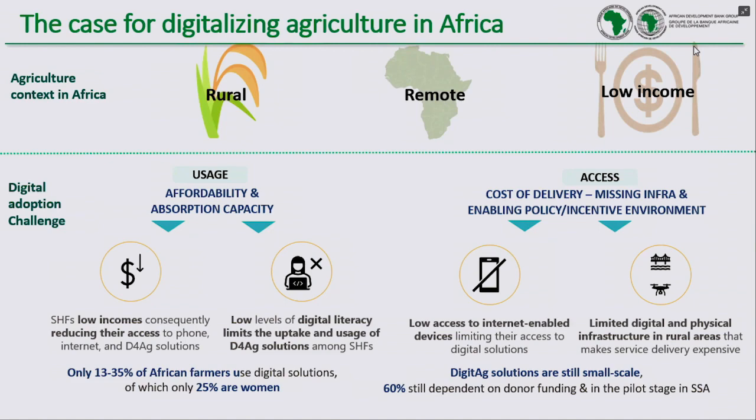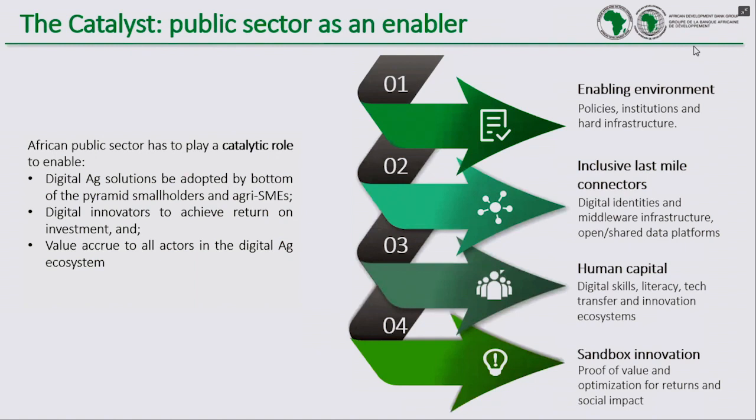As a result, there's definitely a need for the public sector to come in, because of the context of agriculture in Africa. It is driven by smallholders, 80% of the food comes from these smallholders, and these smallholders are low income, but the digital services being created are by the private sector, and they're looking for returns on investment at some point. So we really see an opportunity for the public sector to play that role as an enabler. This role is catalytic. It's to provide this support as a public good.